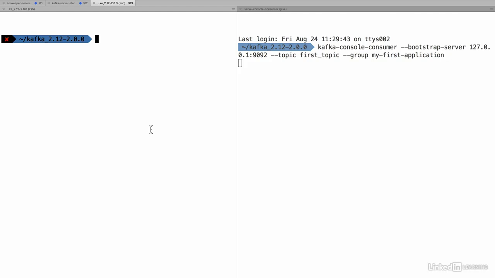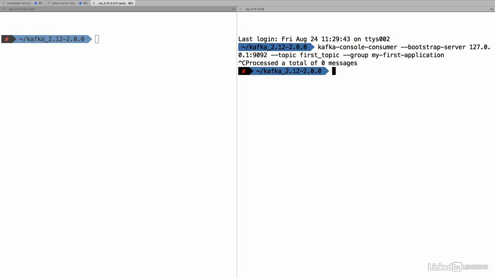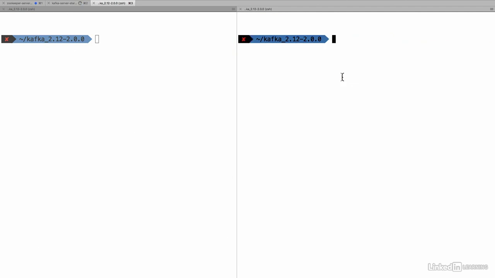Okay, so a question that comes up really often is, how do I make my consumer group right here, my first application, replay data? Because right now, if I restart it, it's just going to read from wherever the offsets have been checked out. So I'll stop my consumer, and you have to stop your consumers, and then we run the Kafka